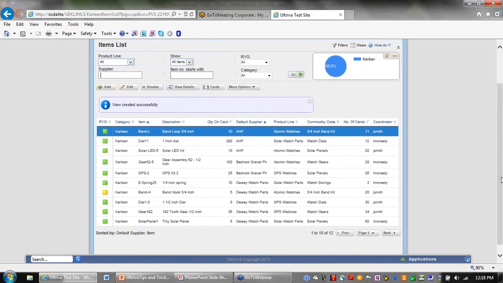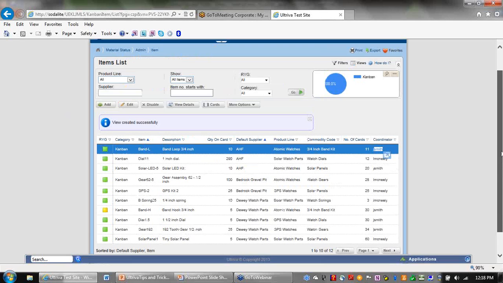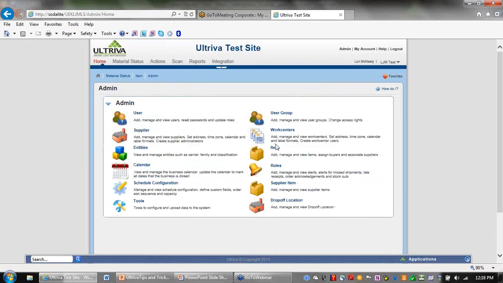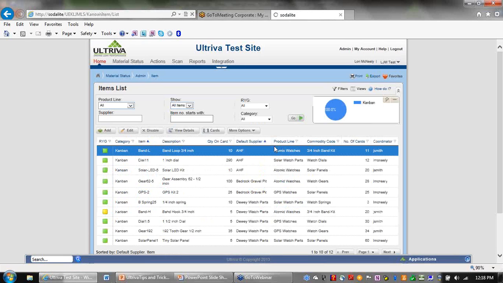And so now, automatically, we have this new column over here of item coordinator. And things are in order by default, supplier and then by item. Definitely, when I leave this page and we come back, since that's my default view,